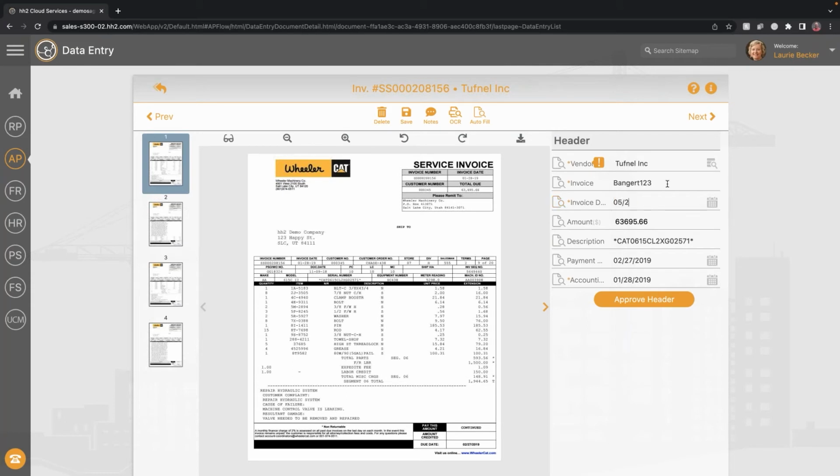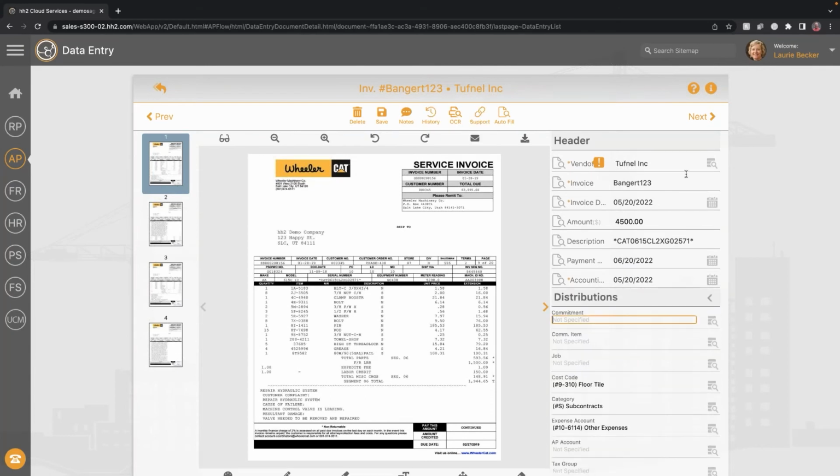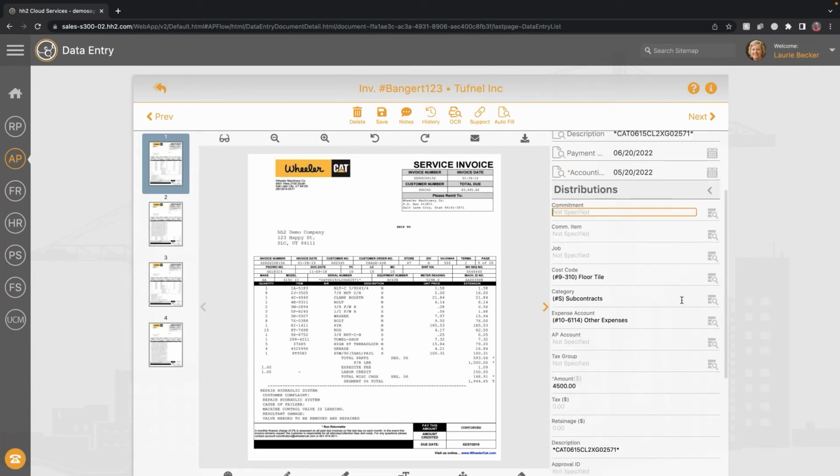And I'm going to go ahead and change the invoice date. We're going to change the amount. And then I'll go ahead and change a couple other date fields as well, just for uniqueness during today's presentation. Now, obviously, most times that's going to be pre-filled anyway. Now, once we are happy with the header information, we get into the job cost or the coding of this.